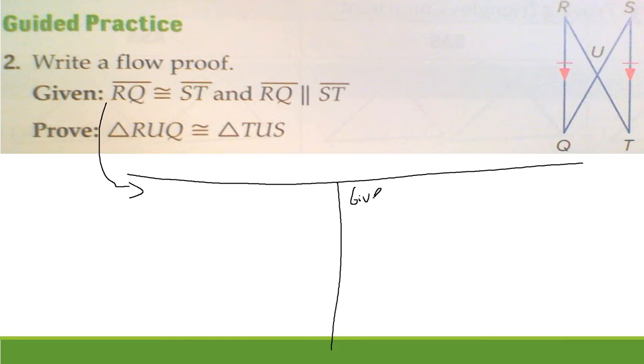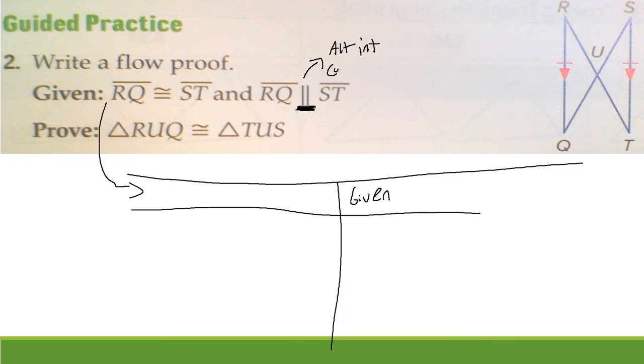Now, one thing to note is I can see right off the bat in my given that I have two sets of parallel lines. That's what this symbol right here means, that these two lines are parallel. So if I have parallel lines, think back to last chapter, I have a few sets of angles I can do. I can do alternate interior, or I can do corresponding. Both these kinds of angles, remember, are congruent. So alternate interior and corresponding angles are congruent. So if I need some matching angles, that would be one thing to look for, alternate interior or corresponding